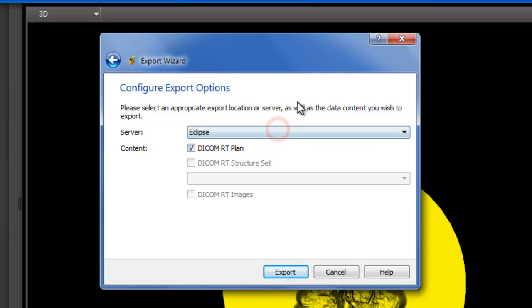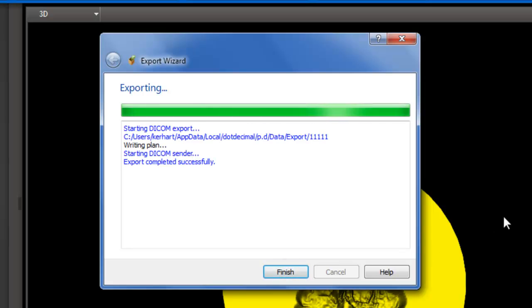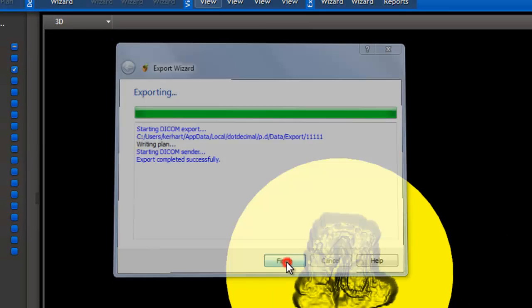So once again, we needed a filter for sending out of Eclipse, we needed a filter for importing into P.D, and we need a filter for exporting out of P.D. That's a one-time setup for all those. It shouldn't take more than 10 to 15 minutes to get all of those filters set up for you. And then every time you come in, it's as simple as opening this wizard, selecting the Eclipse server, and clicking Export. And now these have gone directly back to our Eclipse system,